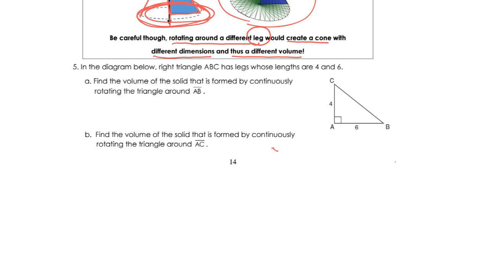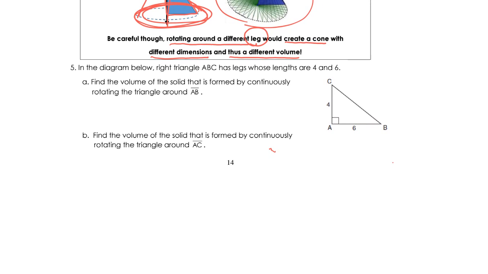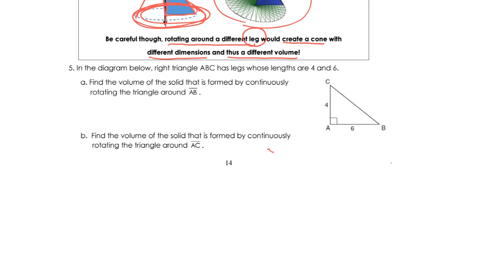It says in the diagram below of right triangle ABC has legs whose lengths are 4 and 6. Find the volume of the solid that is formed by continuously rotating the triangle around AB. So AB is where the pole is that this triangular flag is attached to. And therefore, if that's where the pole is, the flag has to spin this way around the pole and